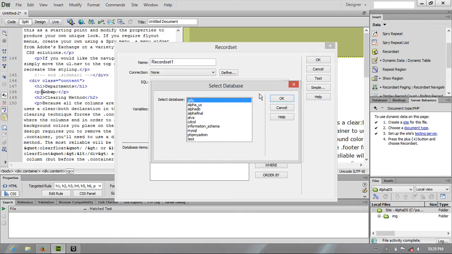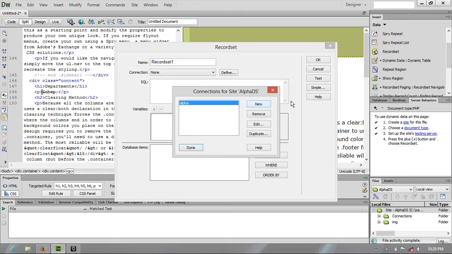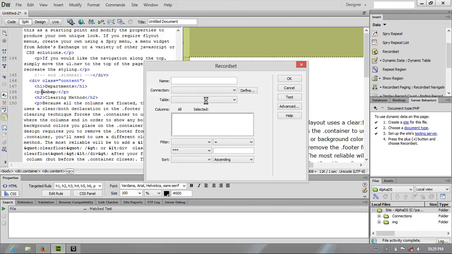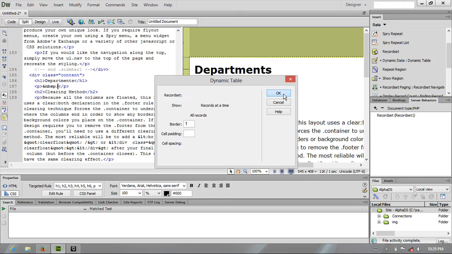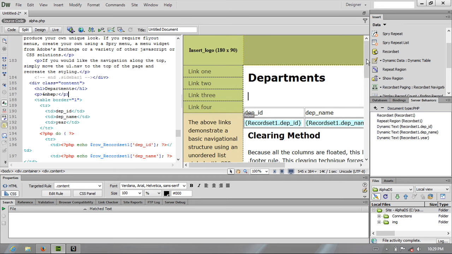So alpha is the database I need. Then click OK. No password, it's okay. Okay, then done. So it has chosen alpha. Now we have one table called dip, so it only shows that one table, dip. This one is a record set, meaning the record result set of the query that we define, and click OK. Then OK. Then I want to record, then OK. So this is how we are fetching from that